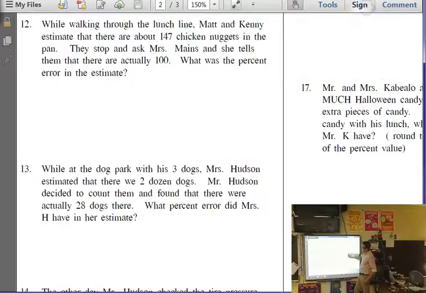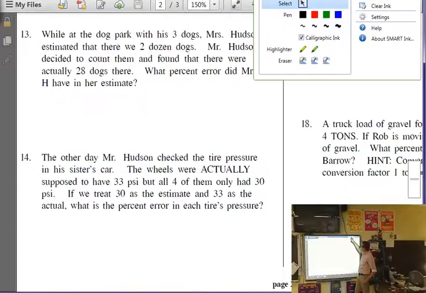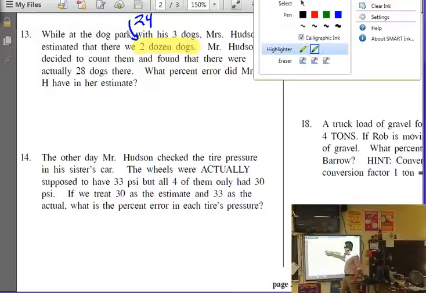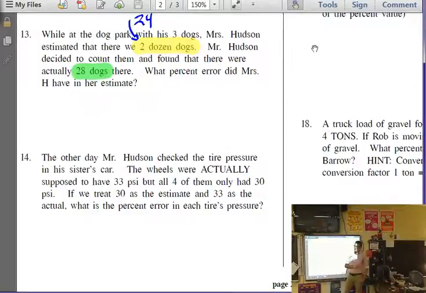Now, question 13 is a bit more difficult because the first thing you have to identify is 2 dozen. Well, how many are in each dozen is 12, so that actually becomes 24 dogs. If there are actually 28 dogs there, then my error between 24 and 28 is 4 divided by the actual amount. This is where people make their mistake. You got to put the actual amount in the denominator. 4 divided by 28